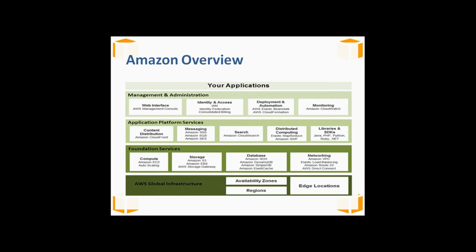Moreover, it is infrastructure as a service, that is IaaS. And due to Amazon Elastic Compute Cloud, you come across auto scaling. What do you mean by auto scaling here? It dynamically increases or decreases Amazon EC2 instances. That means you can add many virtual private servers or decrease virtual private servers. That is the usage of compute foundation services.